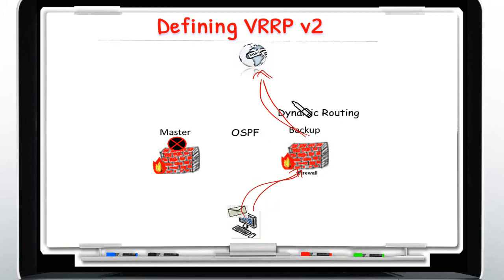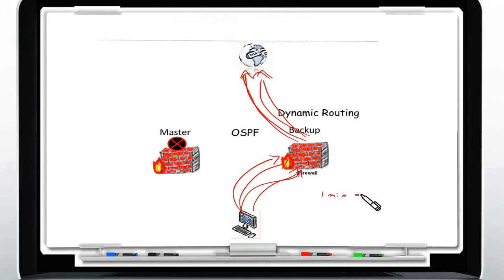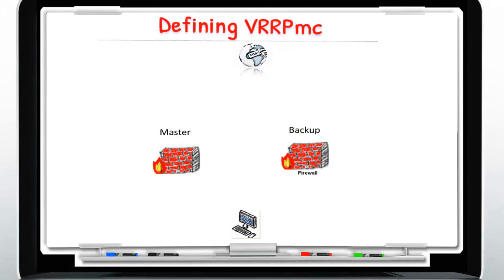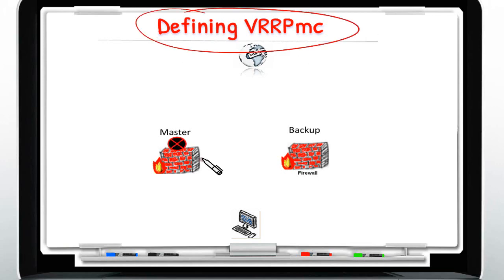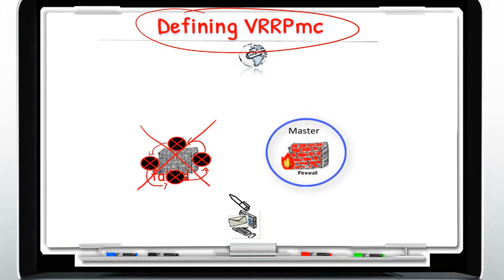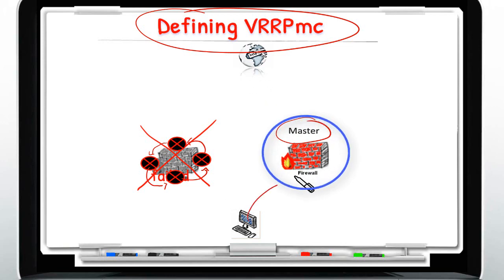And so this situation can lead us back to the previous problem that I mentioned before, where dynamic routing like OSPF will take too long to identify that there is a dead route. It might take a minute or two before it's able to figure out the next best available path to forward the traffic through. And so Checkpoint came out with VRRP monitored circuits, which address this design flaw by having each interface monitor every other interface. If an interface goes down, the interfaces that are monitoring it will also go down, which will cause a complete failure of the box, which will then trigger VRRP